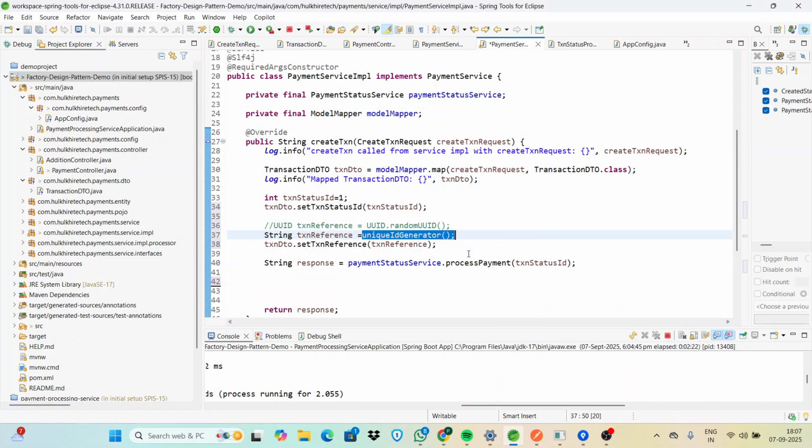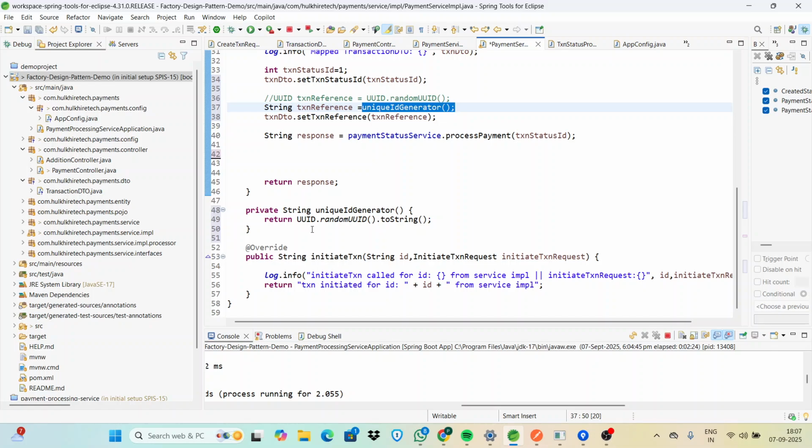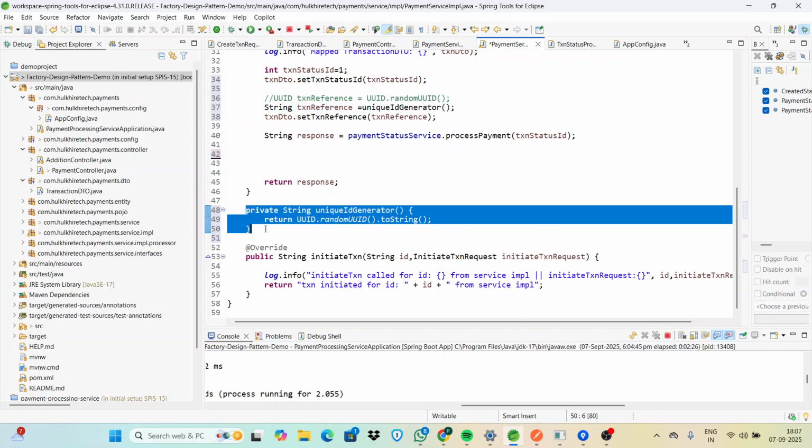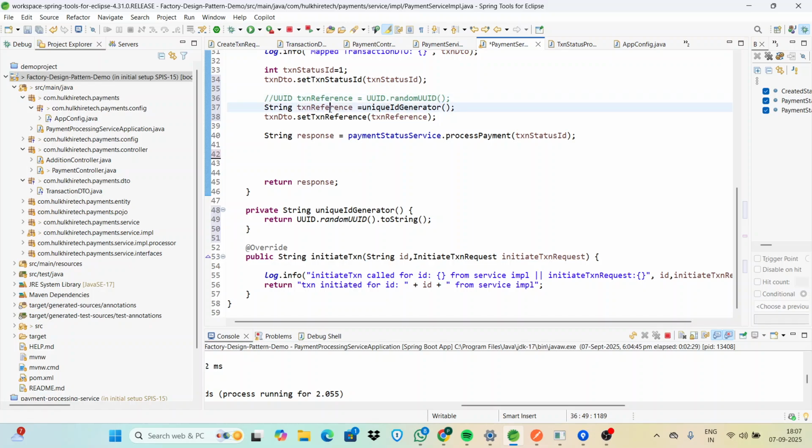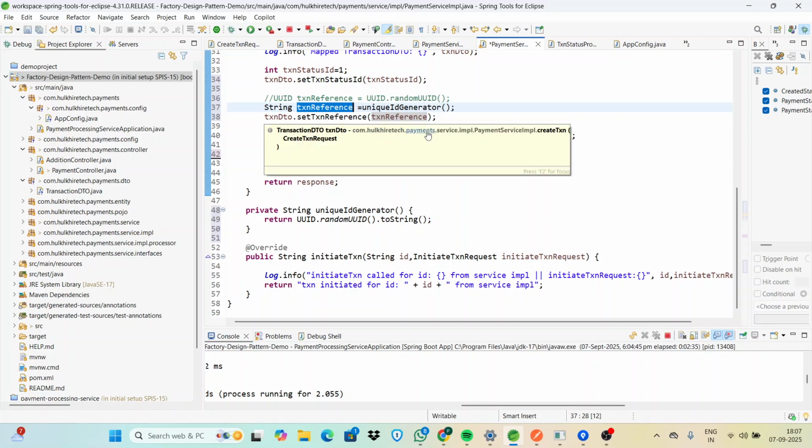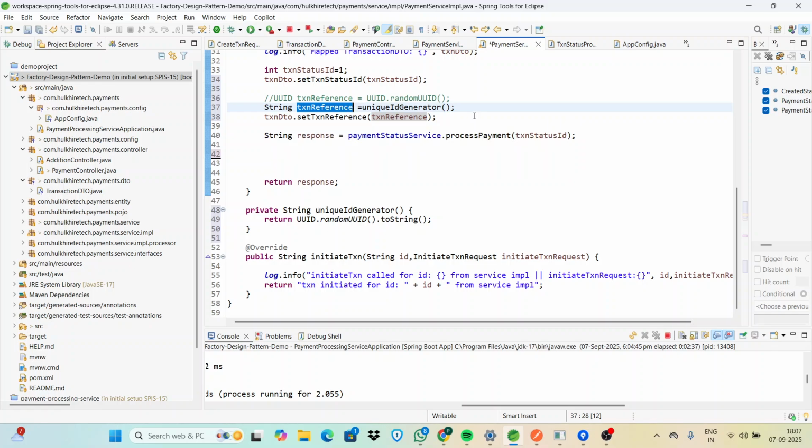Okay. This is unique ID generator which generates the unique ID and sets it to the transaction reference, and we are setting this transaction reference to this transaction DTO's transaction reference field. Okay, let's save it